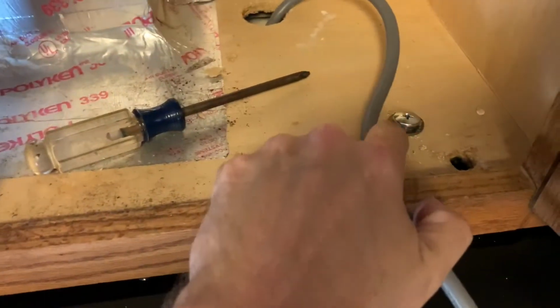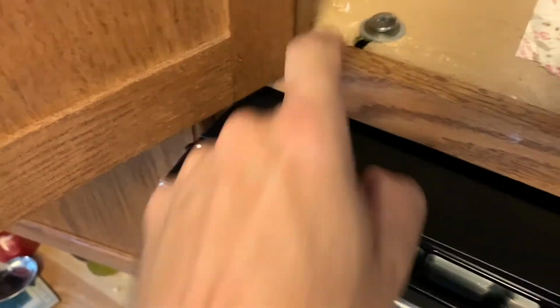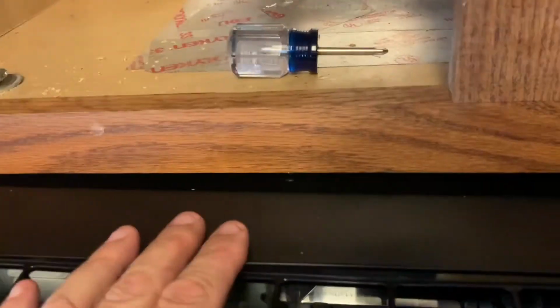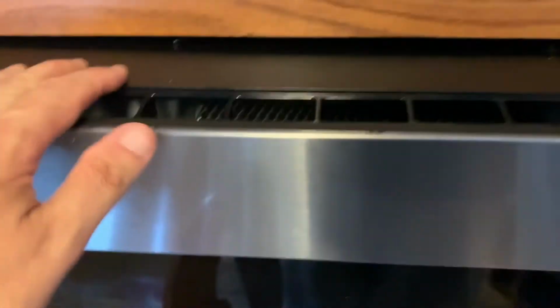Okay, so we got that bottom portion on. We got the 2 screws in the top. One there, or there, and there. And just remember, if you got to drill an extra hole, just get a bigger washer. This thing is pretty freaking sturdy. I could hang on it if I wanted to. I won't, but